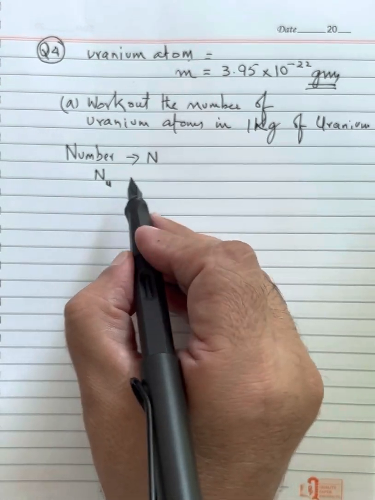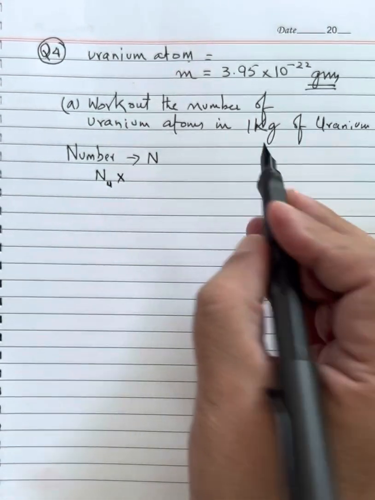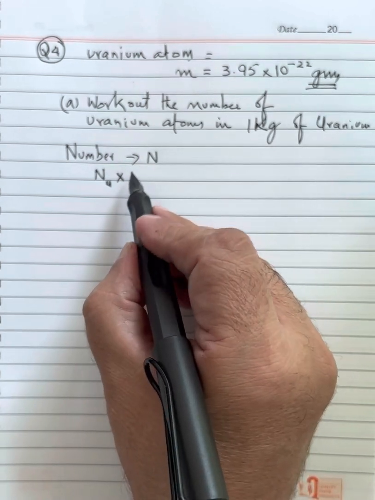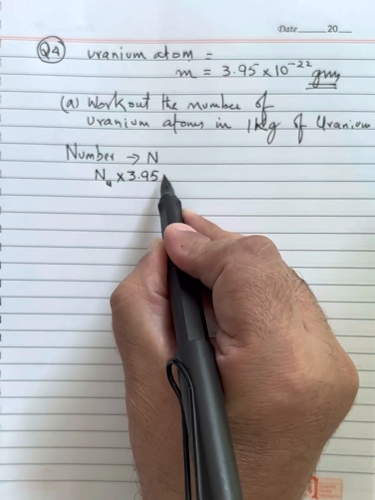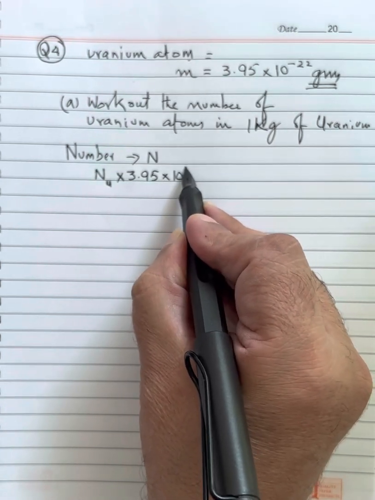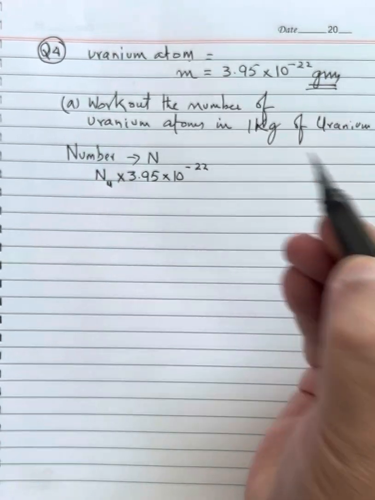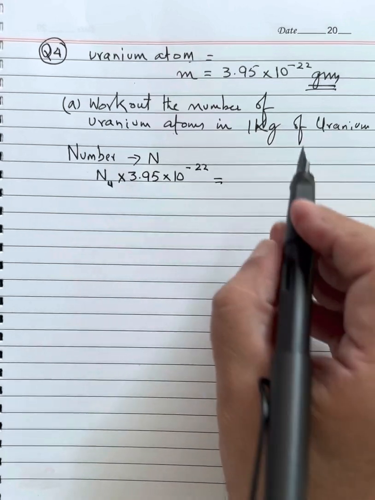And then this number multiplied by the mass of one uranium atom, all of it must equal